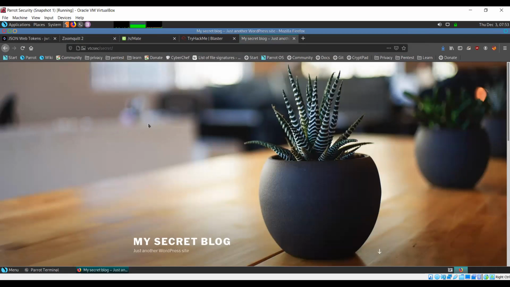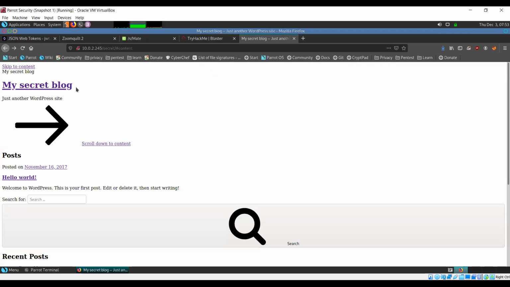Because when we tried with the 10 dot and it is going to that host, but still it is the same address, right? How is it making a difference by using IP and the domain? Because see, what happens when you click a link. Now this link points towards this domain. When I hover over this link, look at the bottom left corner of my browser. That link points to vtcsec/secret. Yes, sir. Okay, now you're right that it's the same IP.